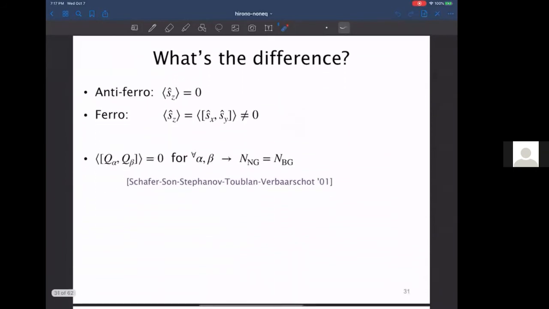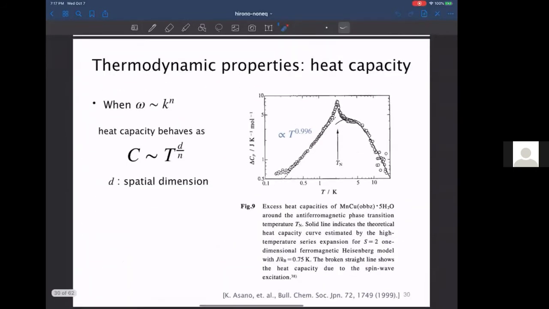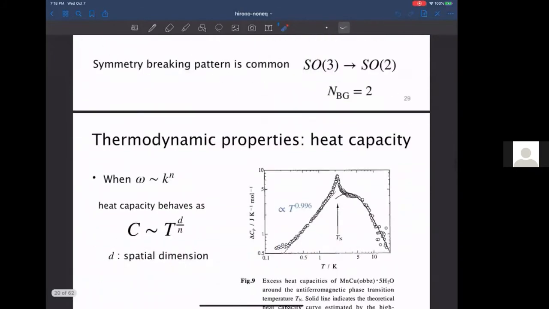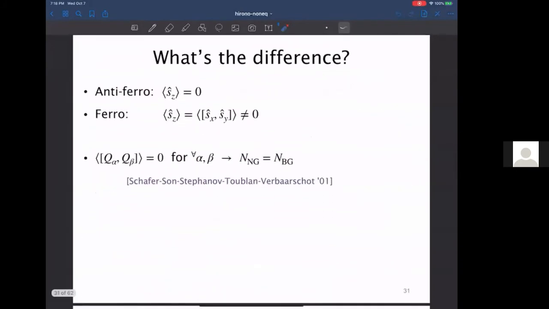So we wonder, where does the difference come from? The important difference is the lack or existence of magnetization. In the case of antiferromagnets, since the spins are aligned like this, there's no net magnetization in some direction. But in the case of ferromagnets, since they are aligned in the same direction,